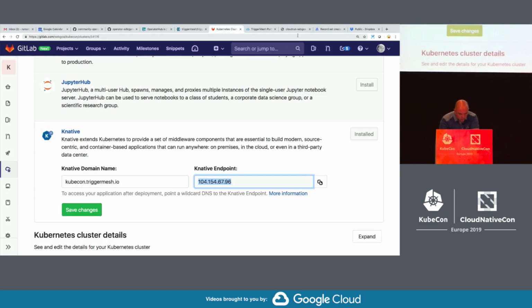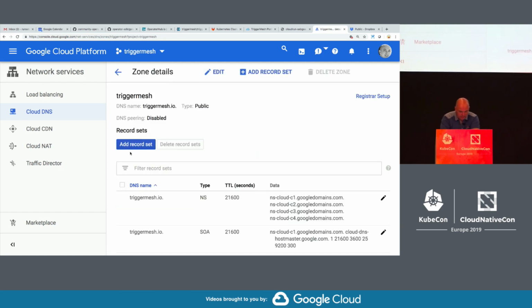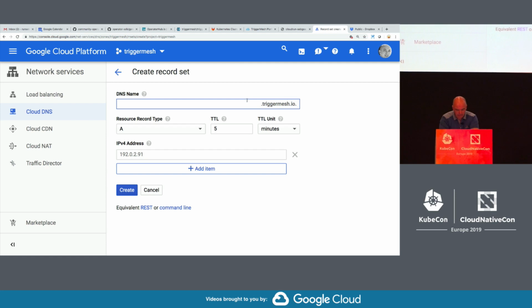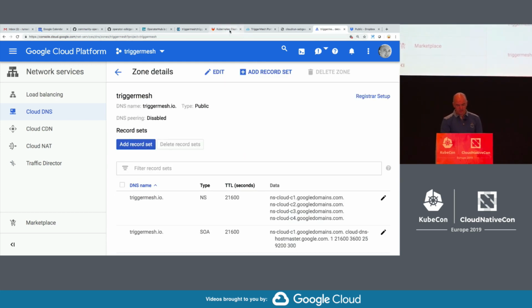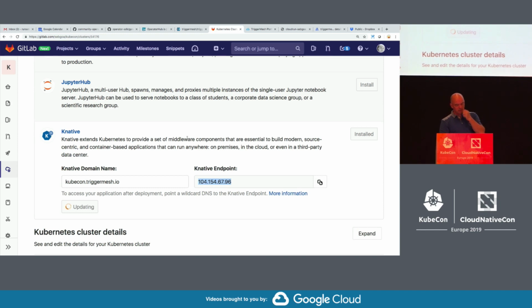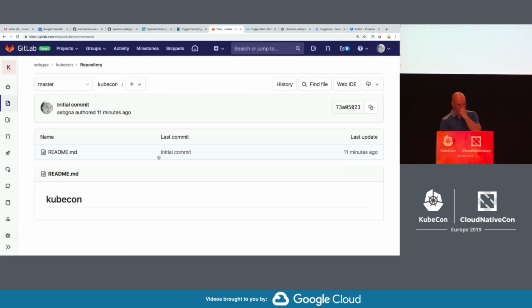How did I call my domain? KubeCon. So here I'm going to say KubeCon. I'm adding the DNS record for the previous one. So I add a record for KubeCon and then a wildcard KubeCon. So now, oh yeah, I didn't need to do save. So here, the cluster has been created. Knative has been installed. So now I can go to my files,